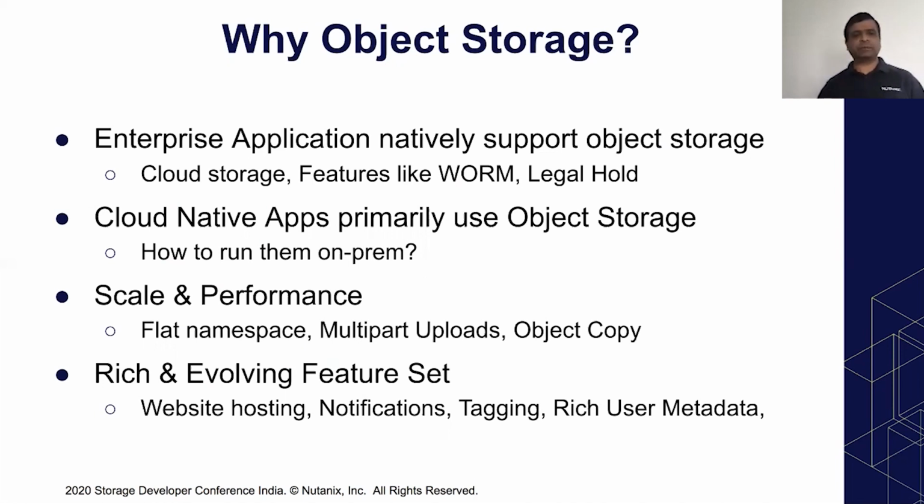At the same time, object storage also allows primitives by which large objects can be written through mechanisms like multi-part upload, or different versions of an object can be made by interfaces like object copies, which are making them popular on on-premises use cases. And lastly, it has a rich and evolving feature set. As I mentioned, S3 is the de facto standard here, and they keep adding features because they control the interface